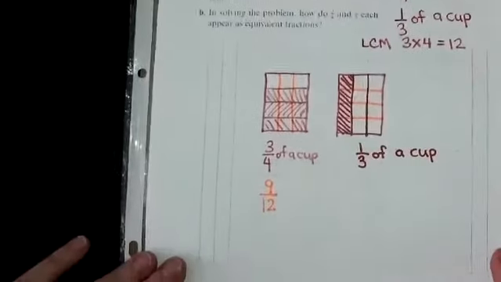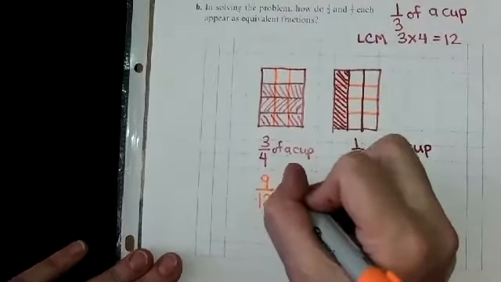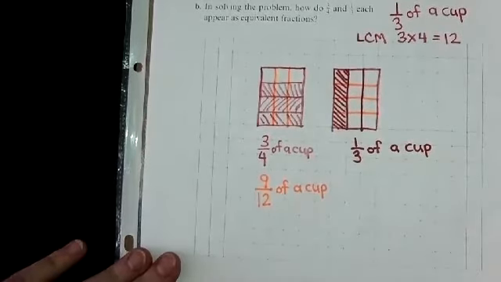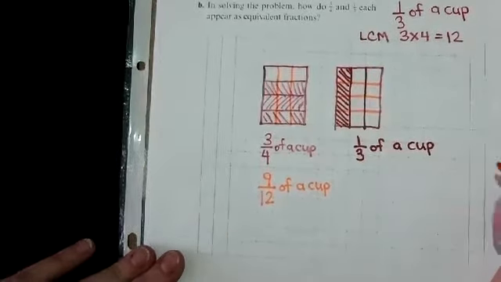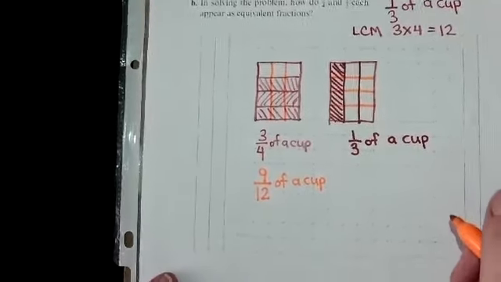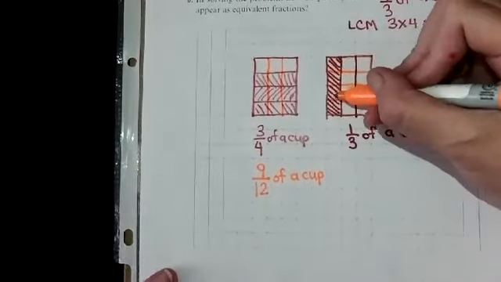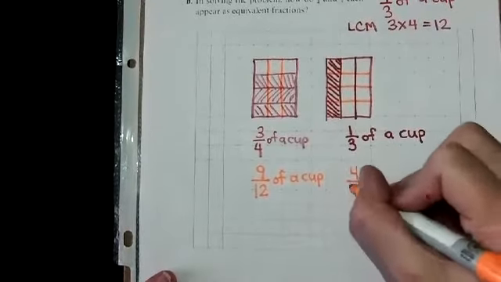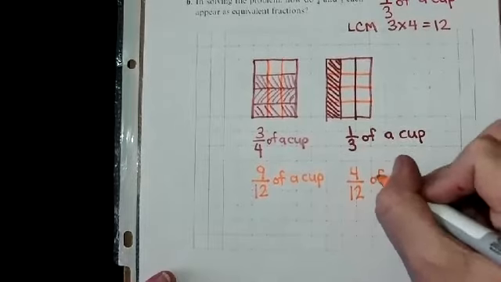And this is still 9/12 of a cup. And now we have 1, 2, 3, 4 of our 12s of a cup